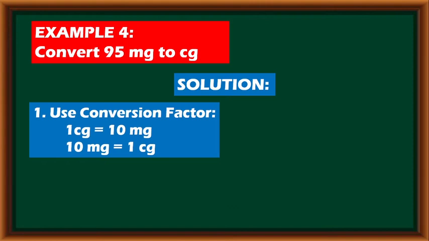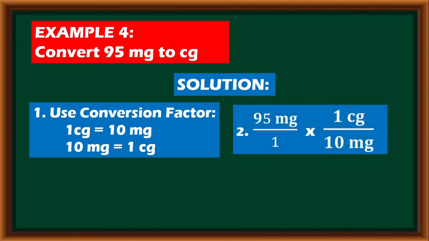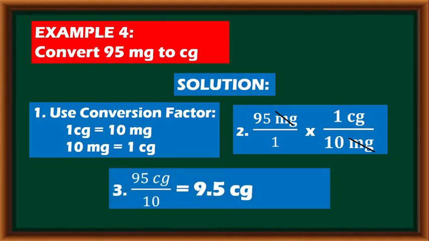So yun yung pinaka-initial na sagot natin. Next, 95 milligrams over 1 times, of course, ika-cancel out natin yung milligram. So magiging 95 times 1 divided by 10, and that is 9.5